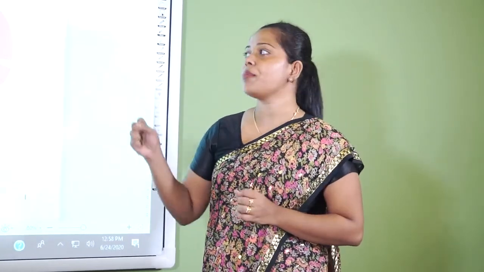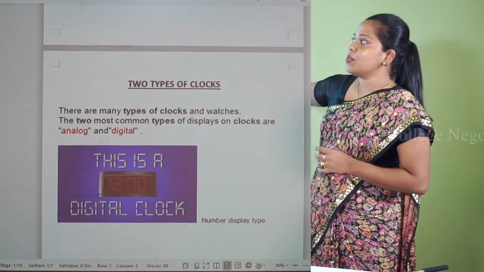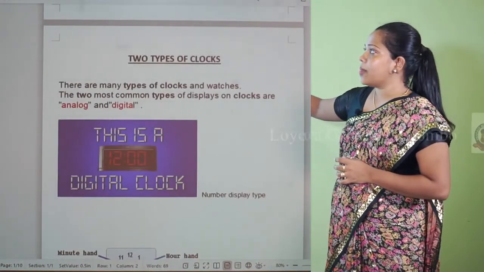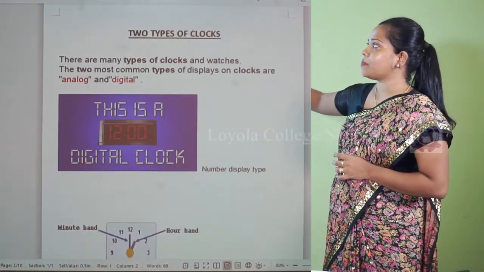But in time part 2, you are going to learn something more than that. It's a bit advanced, but when we are doing it, if you get the points into your head very clearly, it will be very easy for you. I would like to start our lesson by reminding you of a few things.